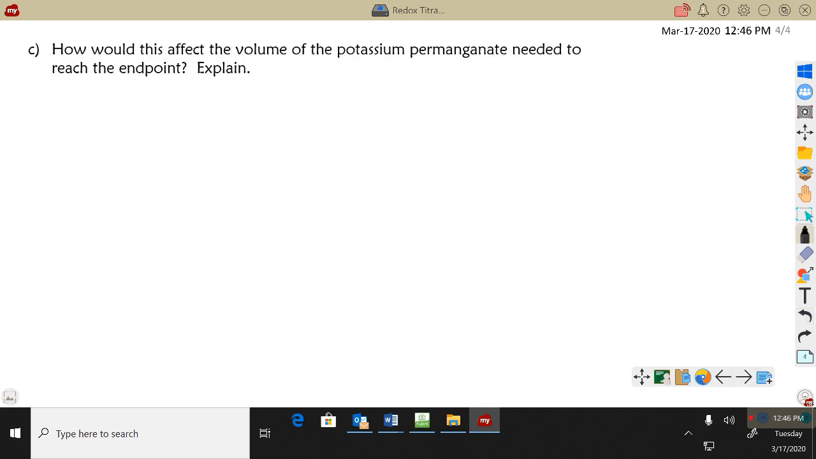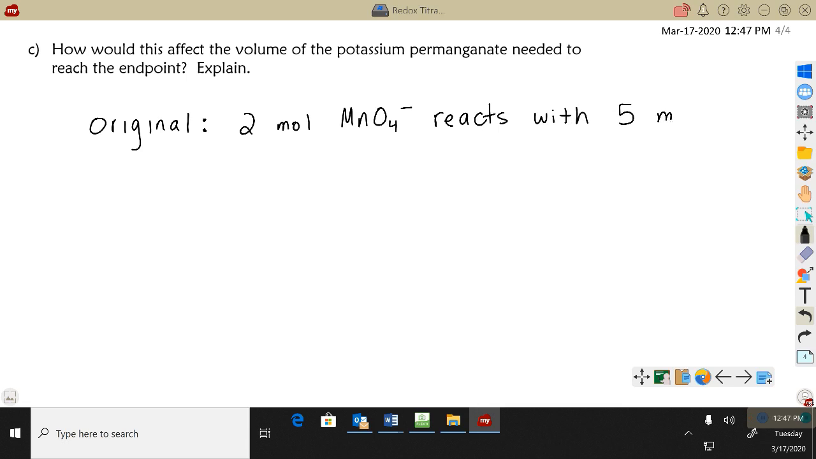How will that affect the volume? Part C. How would this affect the volume of potassium permanganate needed to reach the end point? Okay, the end point, when I end a titration, is when I'm at the stoichiometric ratio. Think about it this way. Originally, two moles of permanganate, MnO4, would react with 5 moles of the peroxide, H2O2. Well, now in the new reaction, if I wouldn't have used sufficient acid,